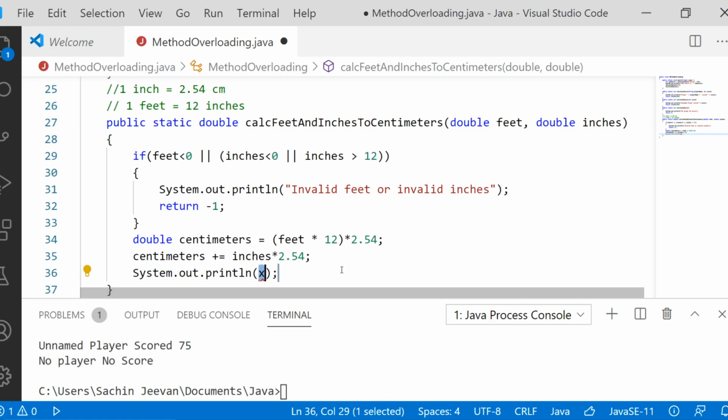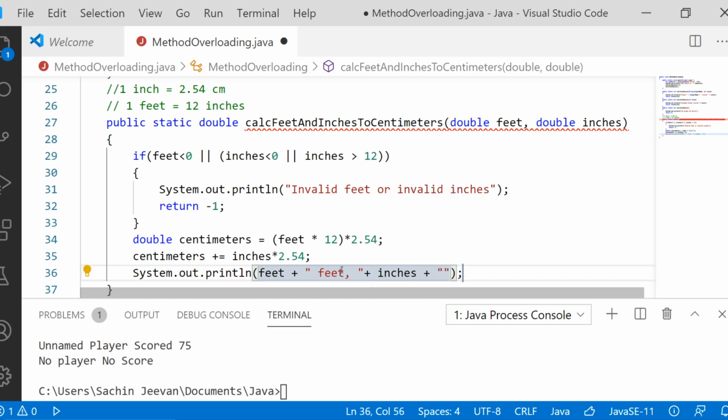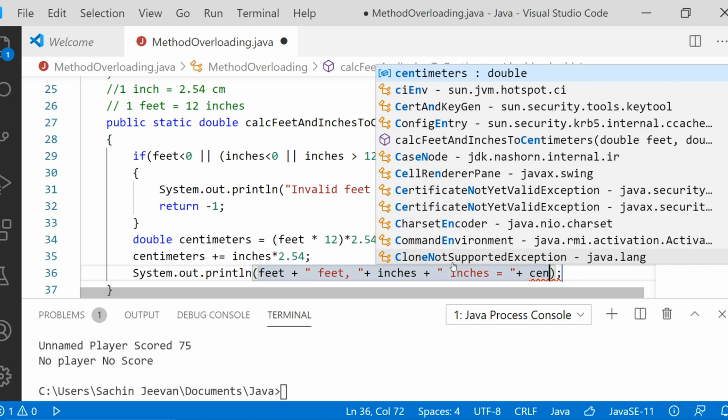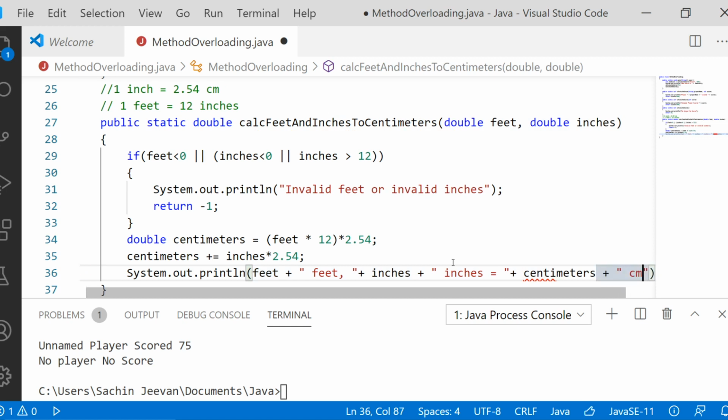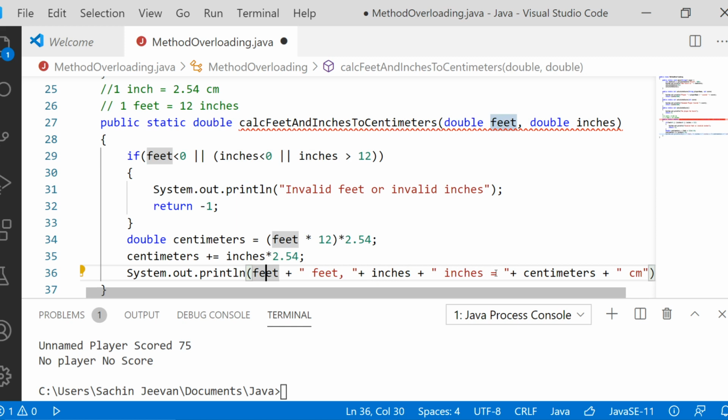With System.out.println, we'll print the feet variable followed by the string feet, then a comma, the value of the inches variable followed by the string inches, equal to the value of centimeters followed by the string centimeters. So this many feet and this many inches is equal to the total number of centimeters.